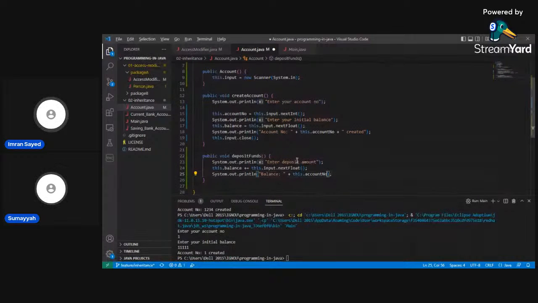So we'll have to store the deposit amount in a variable, right? We're already doing that, isn't it? At line 25, it's already adding it to the balance. We are going to increment his balance because he already has some amount and we are adding to it. So that's correct. So we just tell him that this much amount is deposited.